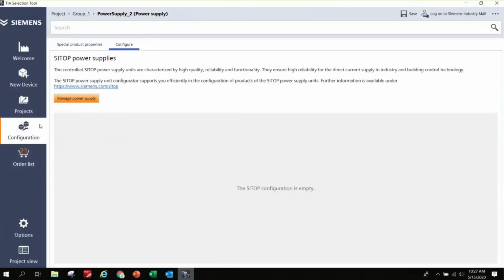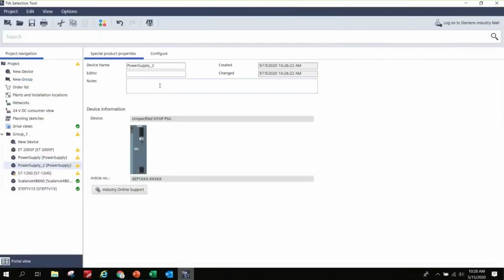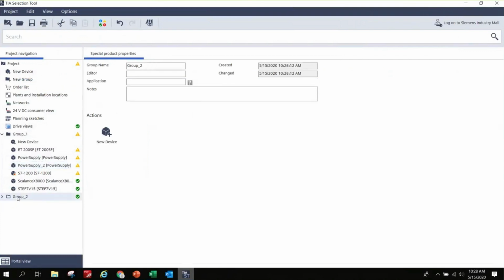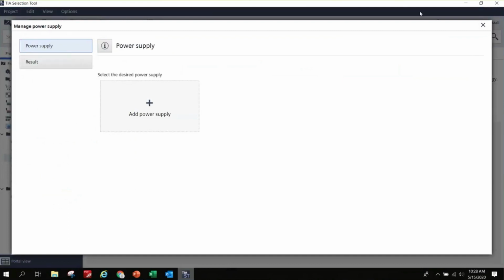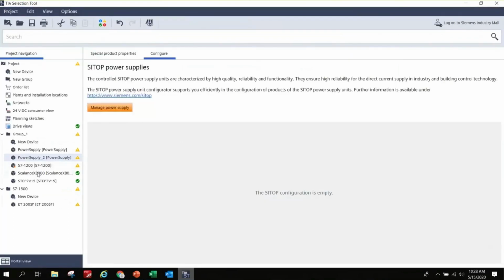So now that we've got a couple things in our project, let's bounce over to the project view. You'll see we've got a number of different things here, and they're organized inside of this group. If you have different groups that you'd like to organize your things into, like maybe you want to call this your S7 1500 group, and inside of this cabinet, you want to put your ET200 SP, because that's your 1500, and maybe this is that's the power supply that you wanted to put in there,